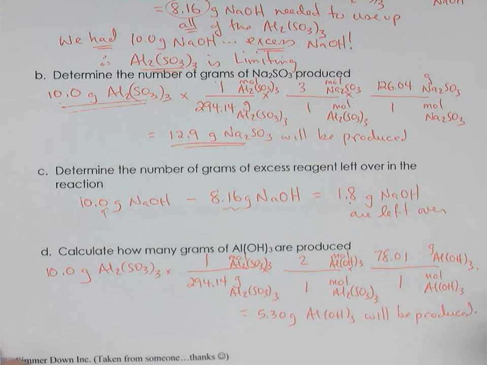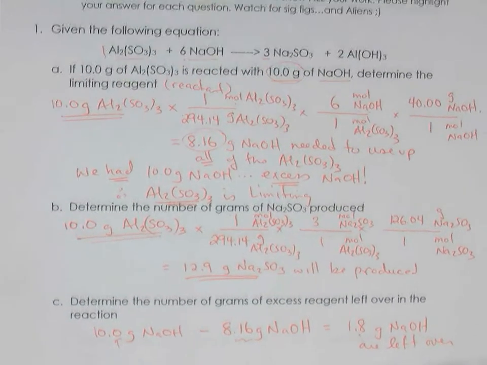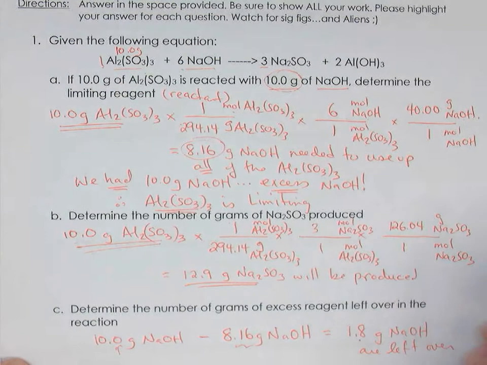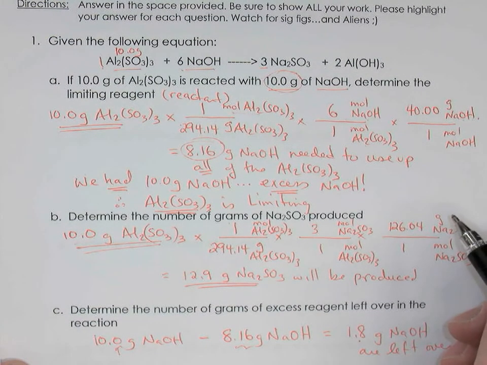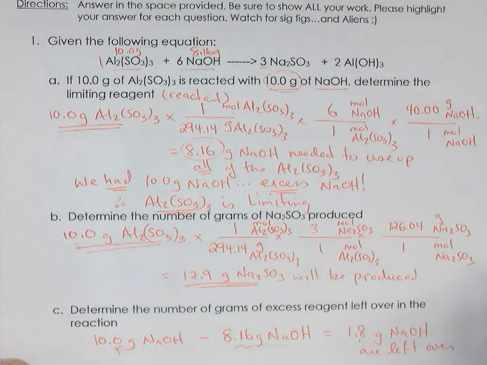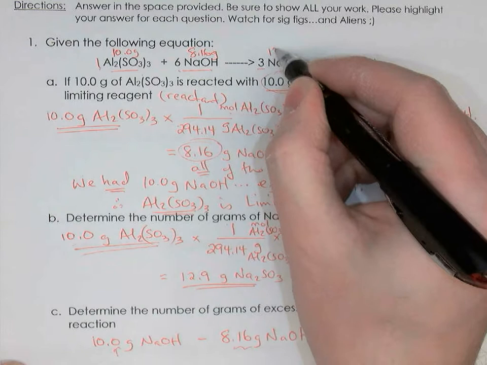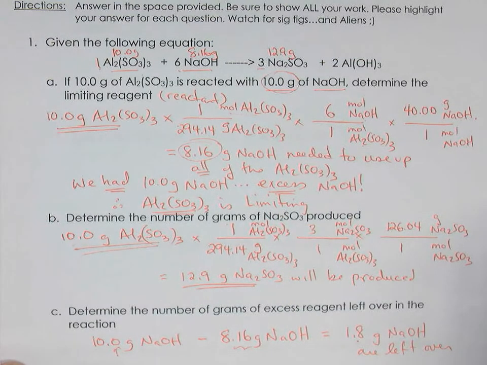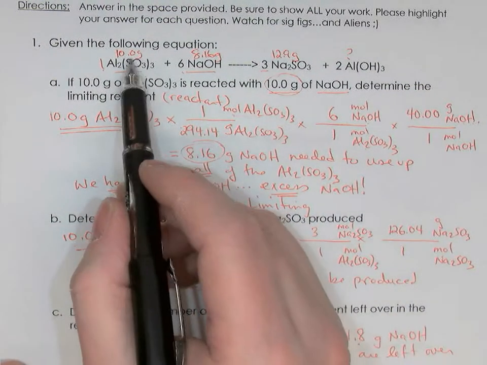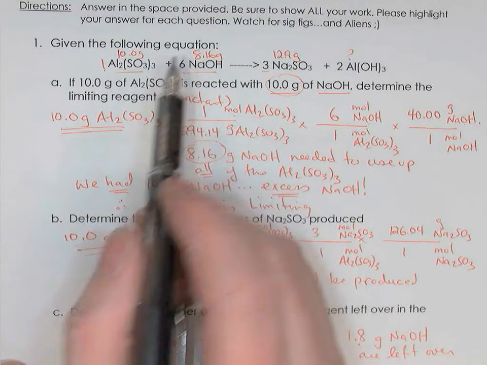Okay, now there was another way to find that answer. Looking back at the equation here, we know that 10 grams of the aluminum sulfite is getting used up. We know that 8.16 grams of sodium hydroxide is getting used up. And in Part B, we determined that 12.9 grams of sodium sulfite would be produced. So now we could use the law of conservation of mass to figure out the mass of aluminum hydroxide that would be produced, we would simply take the mass of the two reactants, 10